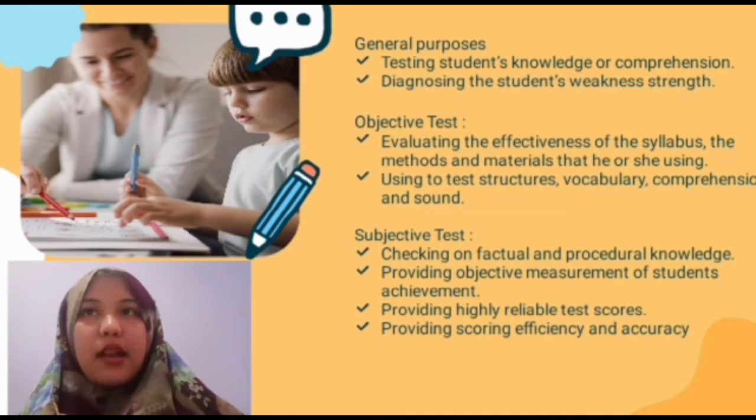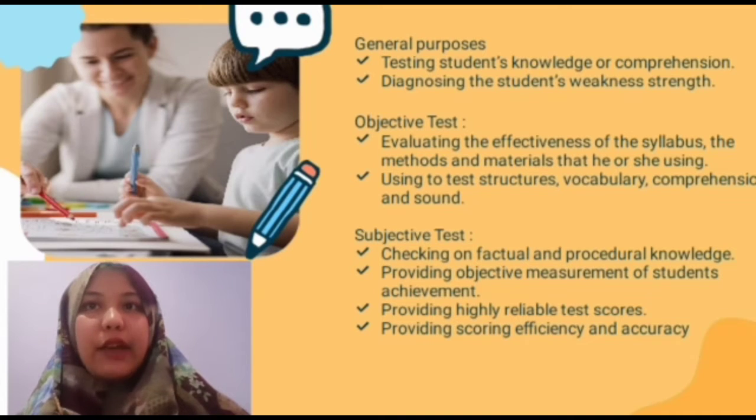General purpose: testing student knowledge or comprehension, diagnosing the student's weaknesses and strengths. Objective test: evaluating the effectiveness of the syllabus, the methods and material that he or she is using to test structure, vocabulary, comprehension and sound. Subjective test: checking on factual and procedural knowledge, providing objective measurement of student achievement, providing highly reliable test scores, providing